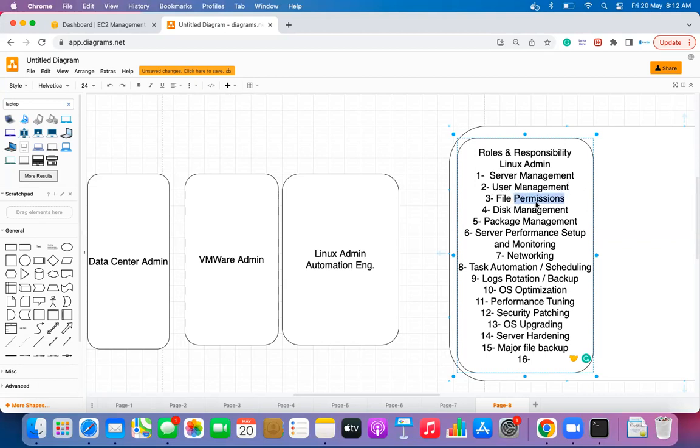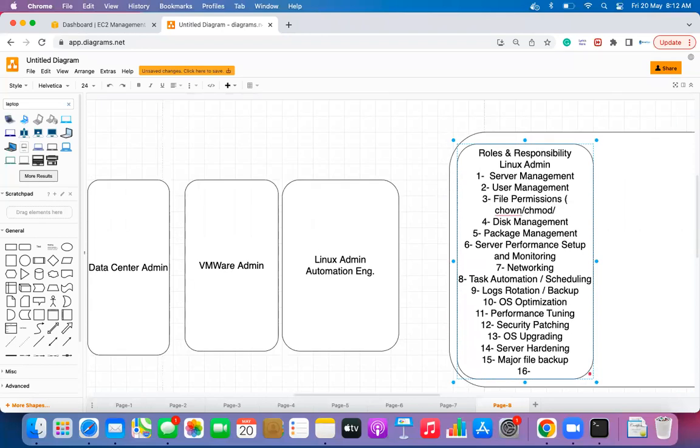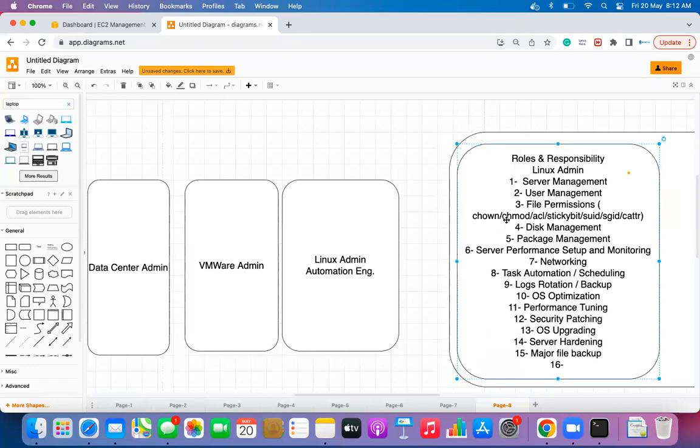File management or file permission, like chown, chmod, or ACL, sticky bit, SUID, SGID, or maybe chattr. So these sort of commands you may want to include as part of your file permission activities: chown command, chmod, ACL, like the setfacl command will be used there, sticky bit, SUID, SGID,